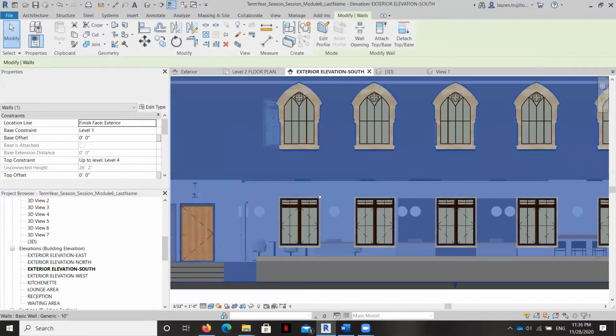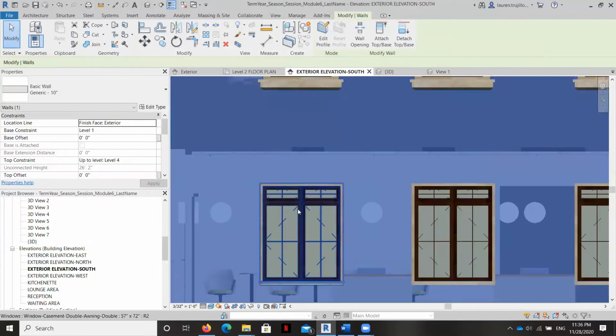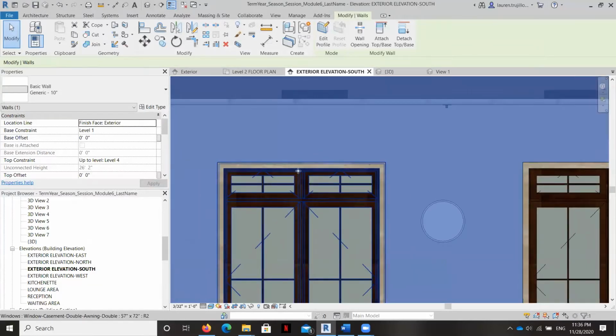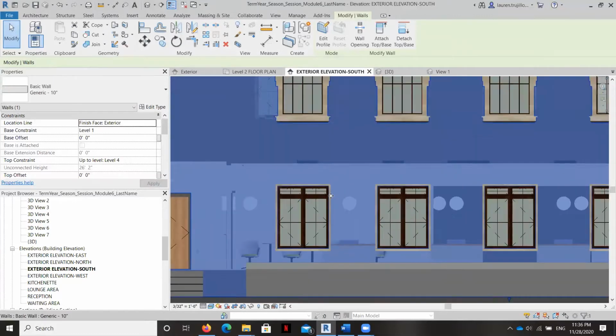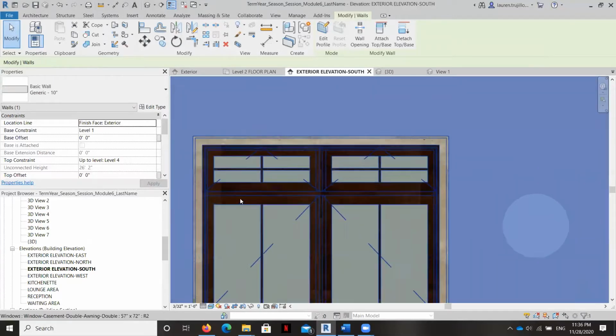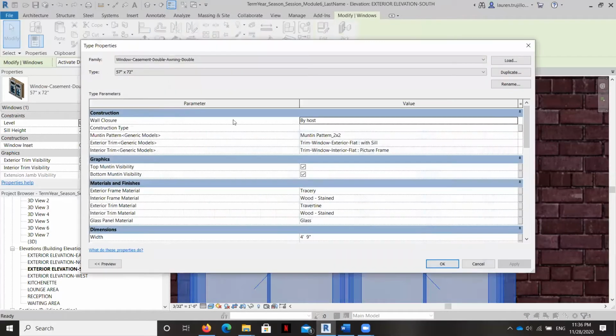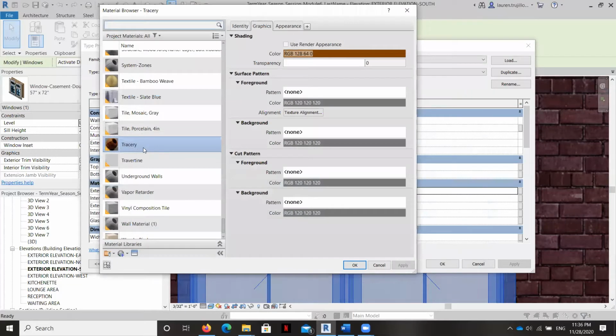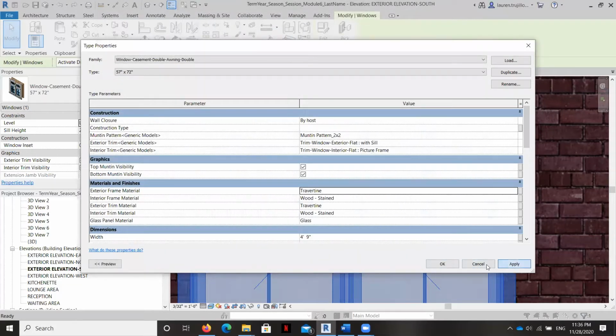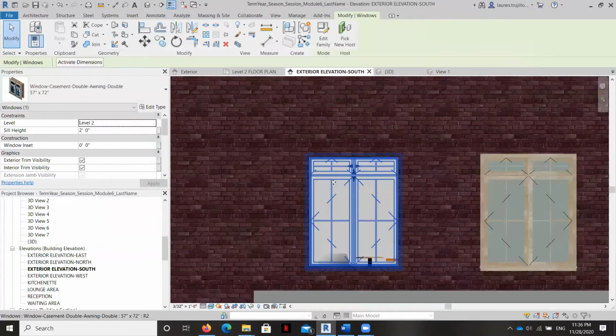Okay, so now you've got a similar, it's a little bit heavier, you can see here, really simple switch. Now, let me show you one more thing, just because experimenting and seeing how materials libraries work is so much fun. Let's go ahead, and I'm going to bring that tracery finish back down to travertine, just again because it looks a little bit too heavy. It's really fun and easy to go kind of back and forth with these things.